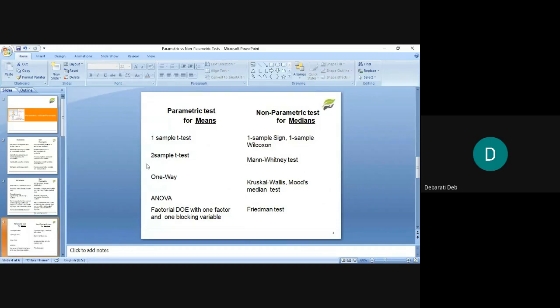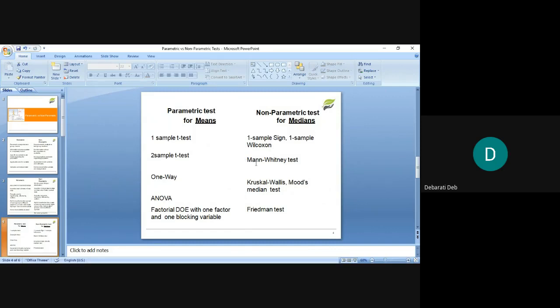Okay, now see, parametric test. See, if you are able to see the slide, and if you're not able to see the slide, you should tell me. Okay, see, in parametric test, one sample t-test, two sample t-test, one way ANOVA. This will be taught to you. Okay. Also, chi-square will be taught to you. As per your syllabus, these tests are there. Parametric tests are there in your syllabus. Okay. Whereas in non-parametric test, a few things are also there.